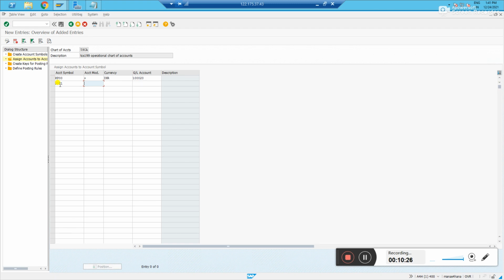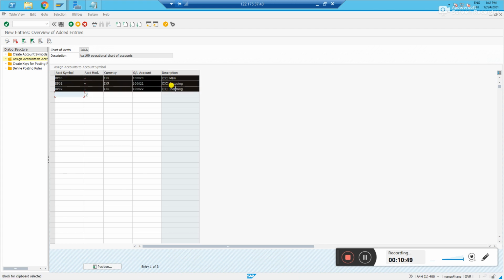KP01, plus, INR, ending with 21 is outgoing. KP02, plus, INR, ending with 22. This is my incoming. So we are done. We have added them. Let us copy and paste them in a text file.